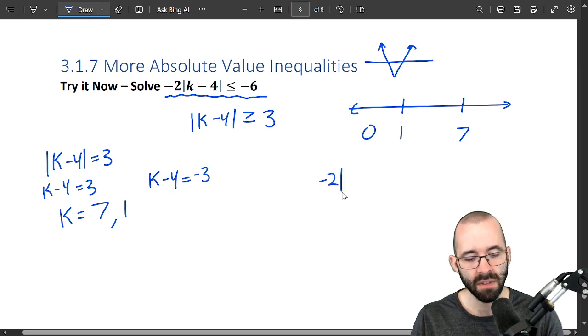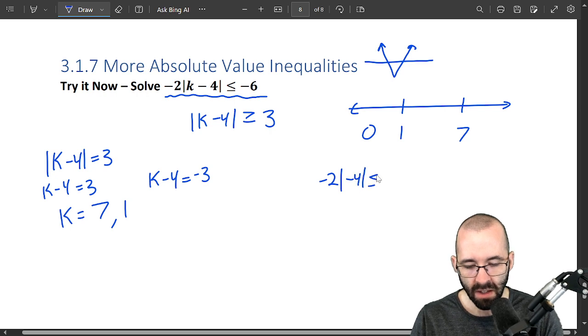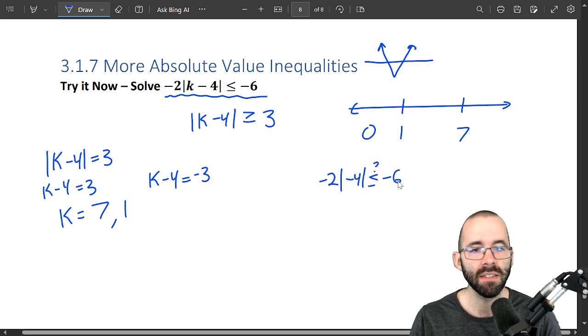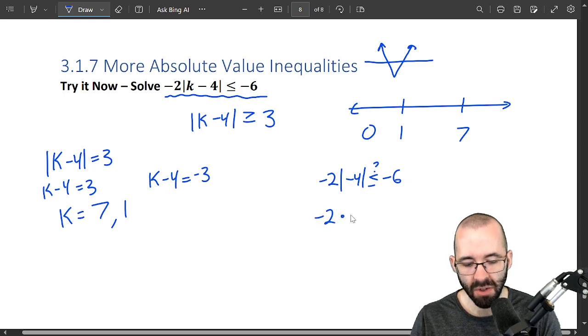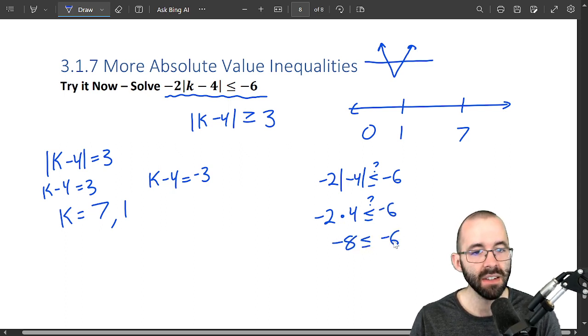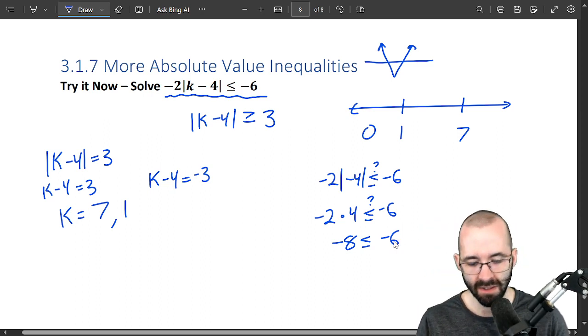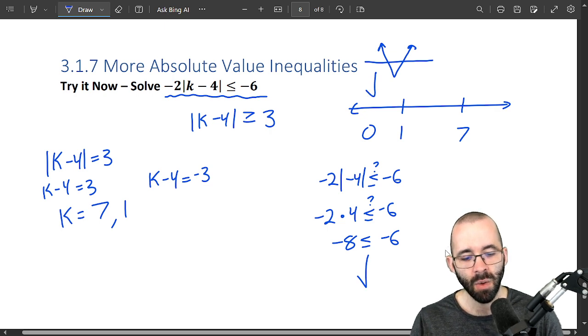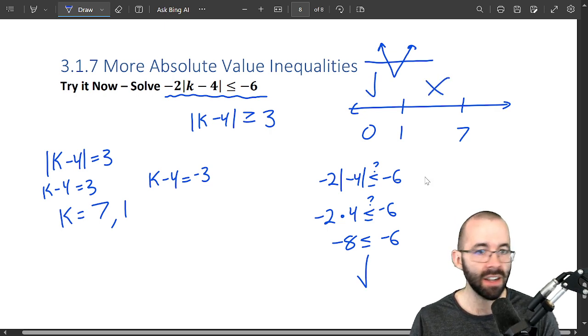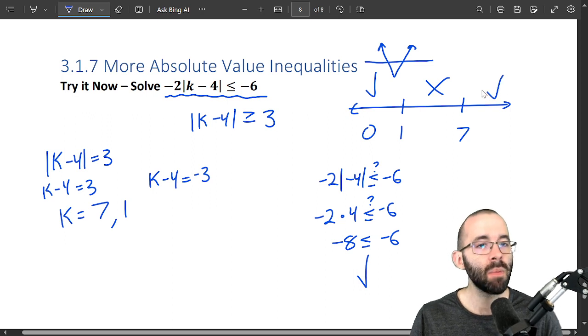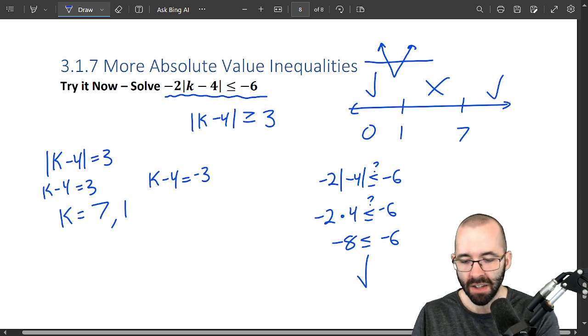So is -2 times the absolute value of 0 minus 4 less than or equal to -6? Well, this is -2 times +4. Is that less than or equal to -6? Is -8 less than or equal to -6? Yeah, it is. -8 is more negative. It's further to the left. Check, check. We could plug in a number in the middle, and we'd find out it wasn't true. And we could plug in a number on the other outside, and we'd find it is true. So this tells us that our answer